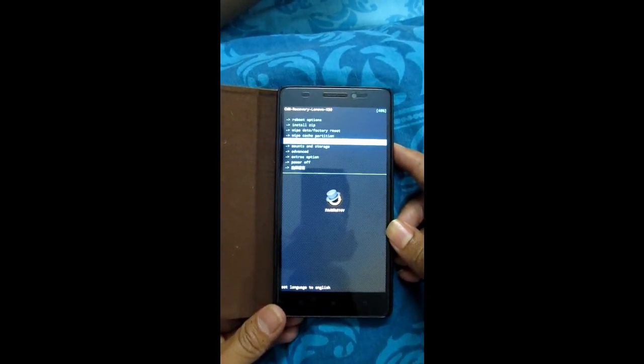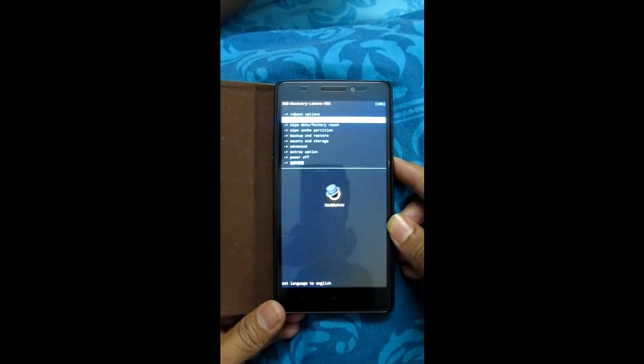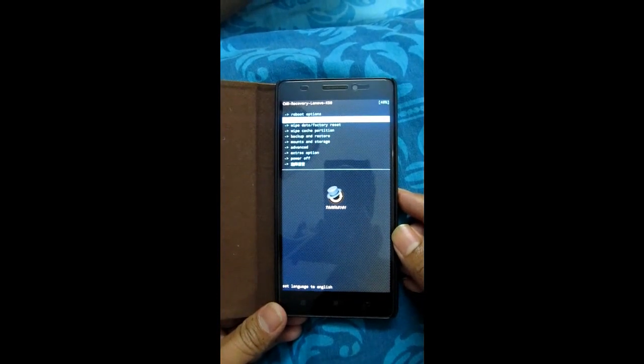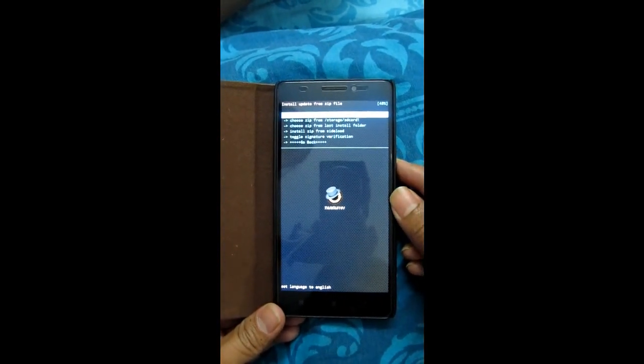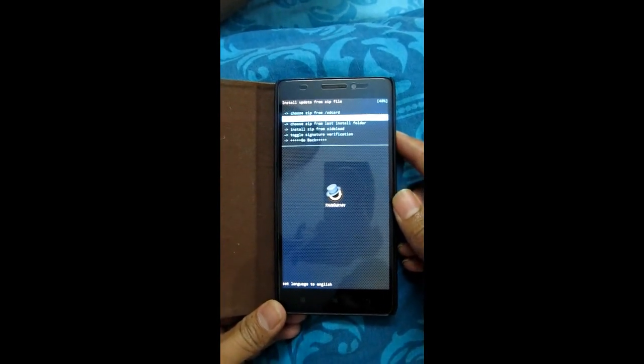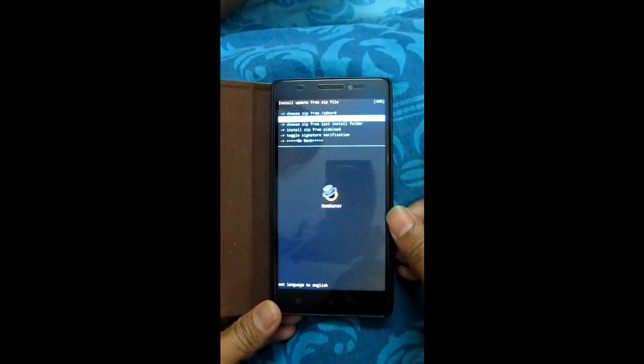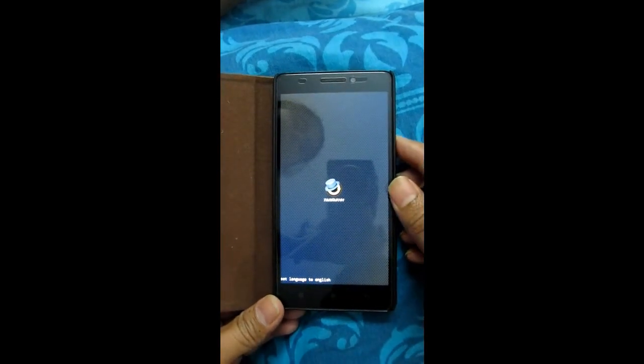Okay, so you can see again there are a few options in the recovery mode, and you might have seen how we installed this recovery. You can go to the last video and see how we install this recovery. What we have to do is simply go to install zip. From the install zip we go to either SD card or SD card 1. If you keep your file in the SD card, this is your phone memory, you go to SD card, or else you go to SD card 1. So we'll go to SD card 1.